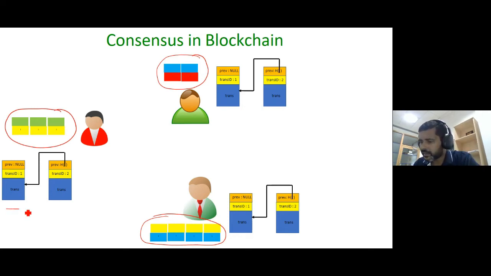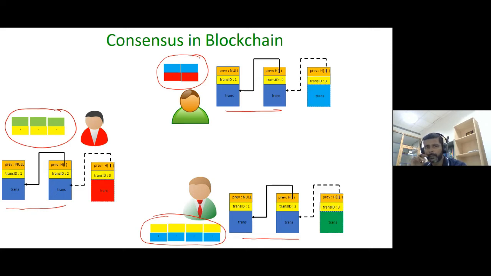And imagine that this is the up-to-date copy of the local copies of the blockchain. That means 2 blocks have been already added, and they are common across all the entities of the Bitcoin system. Now it's the turn for the 3rd block. So depending upon which set of transactions this entity decides to clear, it will prepare his